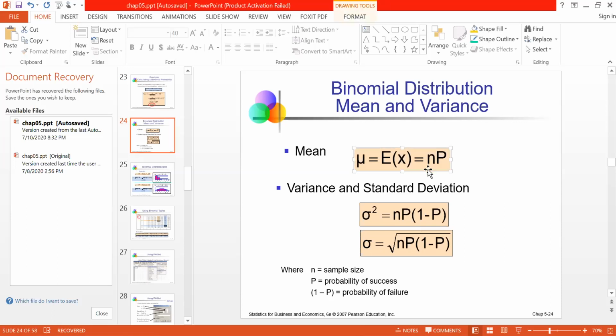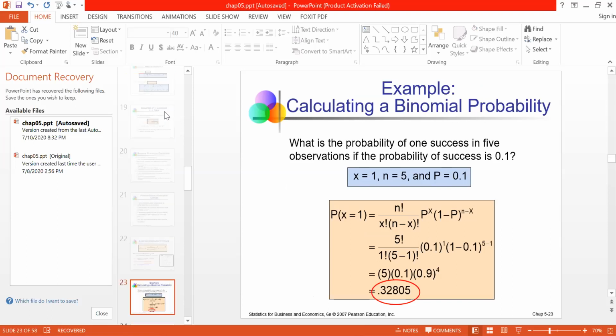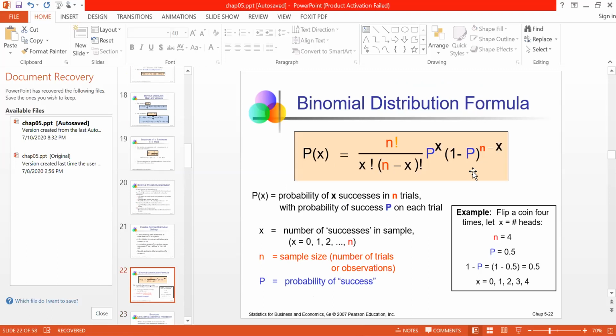Okay, so we will use these two formulas in our math. The only thing you need to know for the math is the formula for binomial distribution, how we plugged in the values and calculated the result, and also the mean and variance for binomial distribution. In the next video, I will show you some maths or practice some maths.